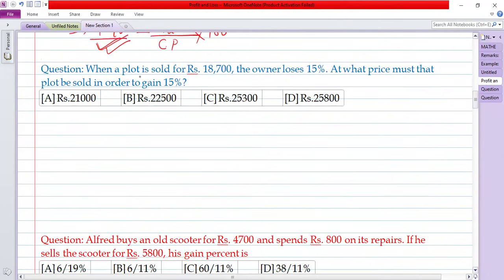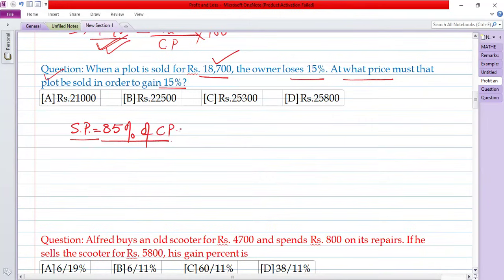So here there is a plot which is sold for this much amount, and the owner has a loss of 15%. Now, at what price must this plot be sold so as to gain 15%? So actually the equation required is 85% of CP. This is the given selling price. It is 85% of CP, and this is given to be